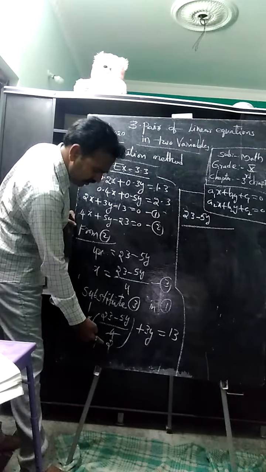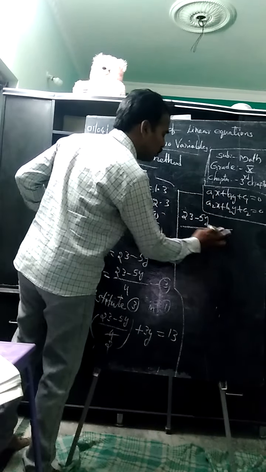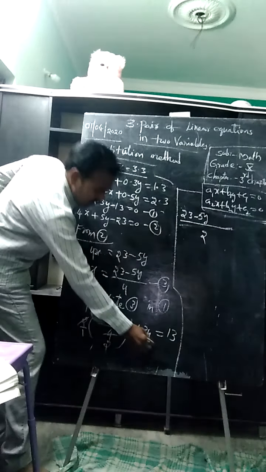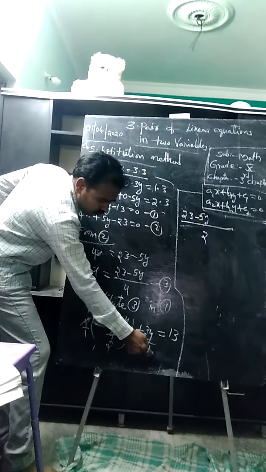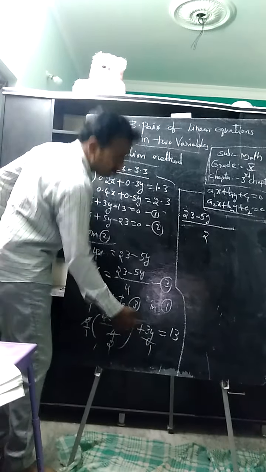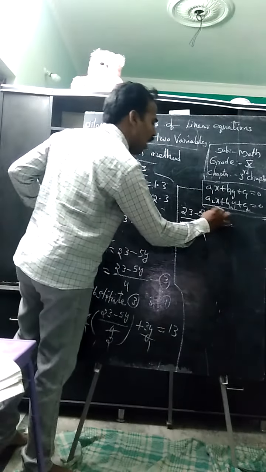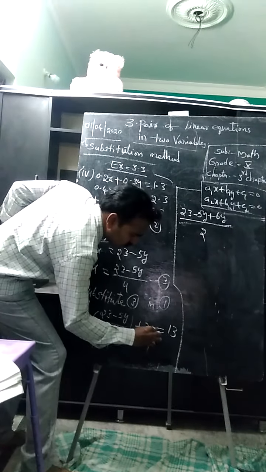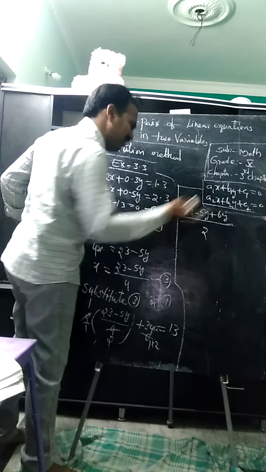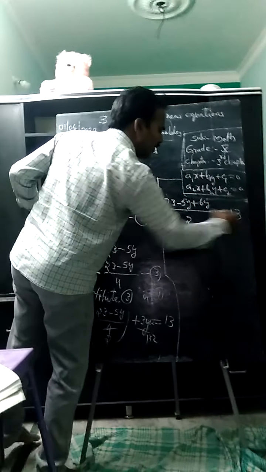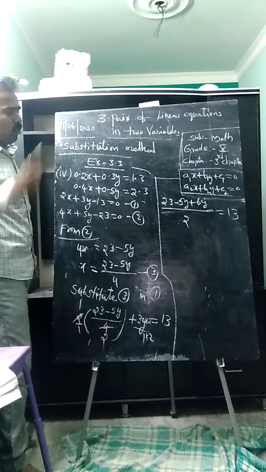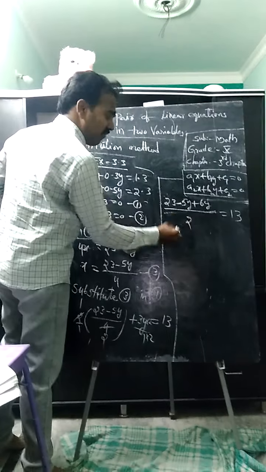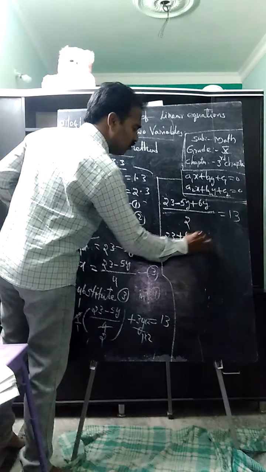What will be the LCM here? 2 is the LCM, students. To make 1 as 2, multiply here by 2, because we have 1 here and we have 2 there. So we have plus 6y, because 2 3s are 6, or else do it like this, 2 1s into 2. Your wish, anyway it is correct. No wrong at all. Now 2 is in division. So we have 23 plus 6y minus 5y. So plus y. No confusion at all, students.